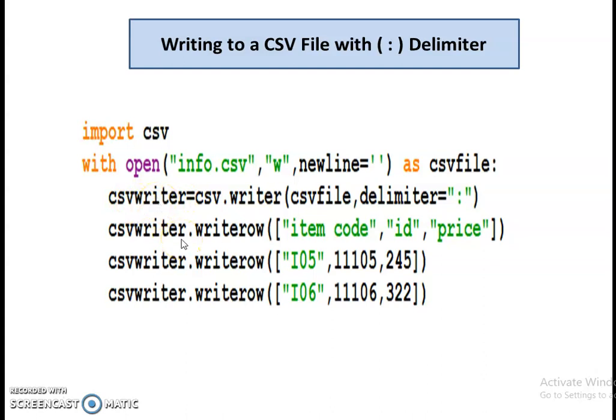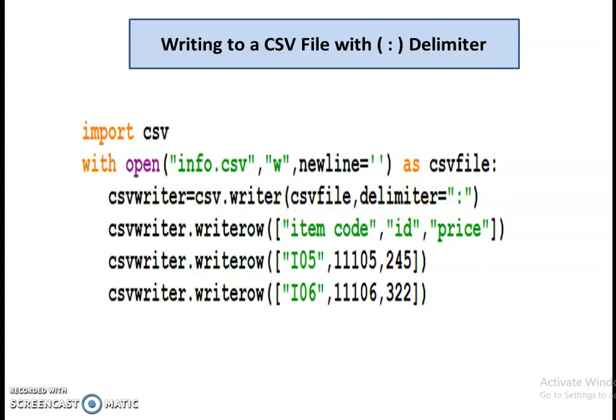We are using the writerow method of csv_writer. So here we are writing the first record, then another record using writerow, then another record using writerow, right? In this manner we can write multiple rows as we have discussed earlier, and we can provide the delimiter at the time we are converting the file object to a writer object, and we need to specify it as a parameter.